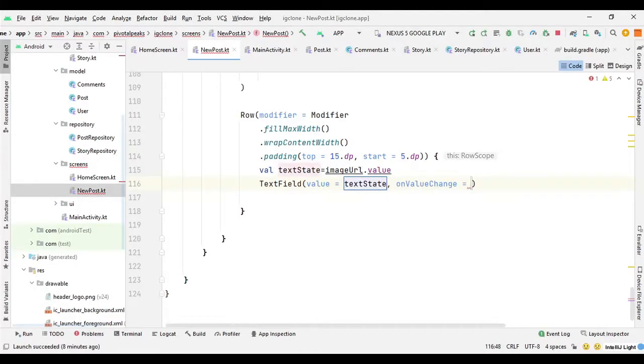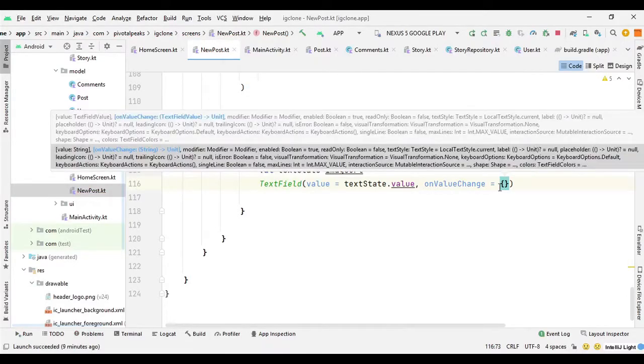Actually it would be better if we don't call the value here, and then we can call the value, because it's changing when we put the URL into the text field, so we need to call it on value change. So for on value change we can call a function, and we can say text state dot value equal it,